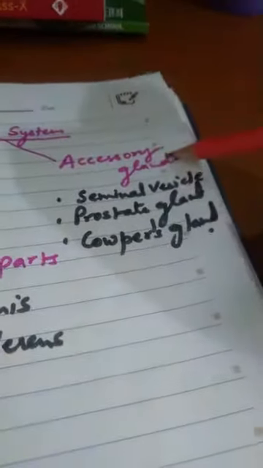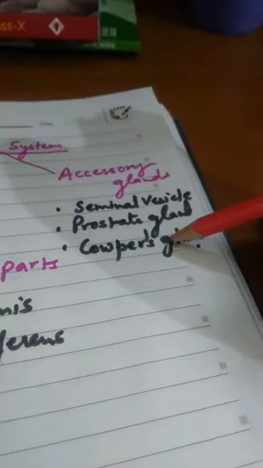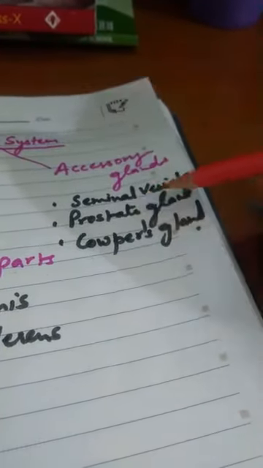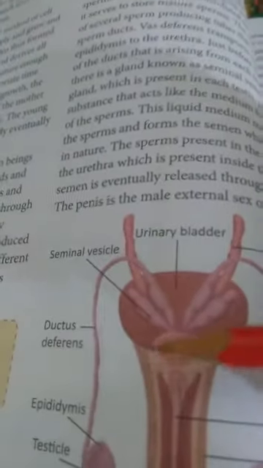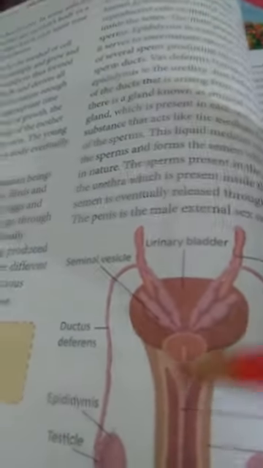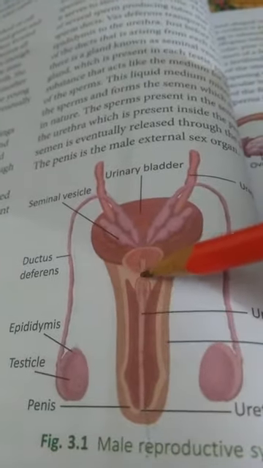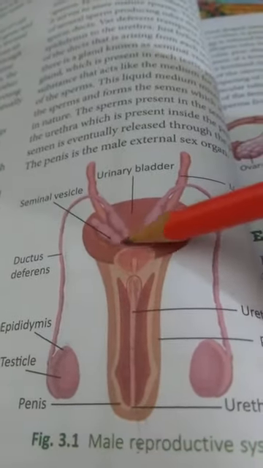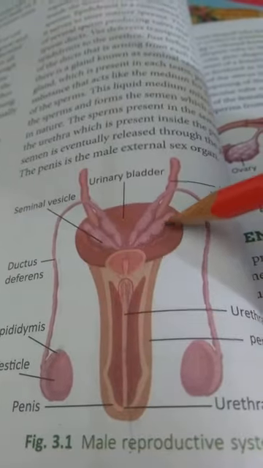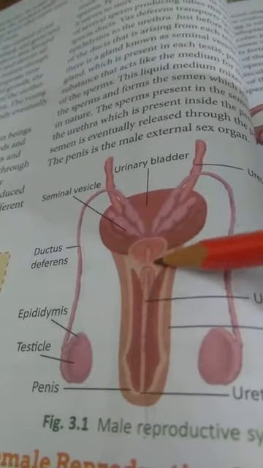The third part is called accessory glands. There are some glands also which help in the process of reproduction. There are three glands: seminal vesicle, prostate gland, and Cowper's gland. The first gland is present here. This is the urinary bladder, and this is the urethra. Just between these two, you can see the seminal vesicle. Behind this, seminal vesicles are present, and just at the base of the urinary bladder,